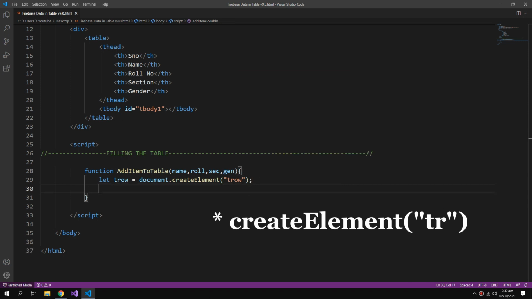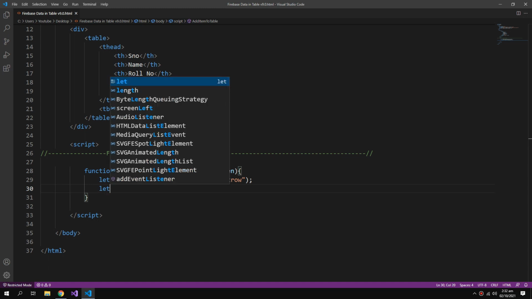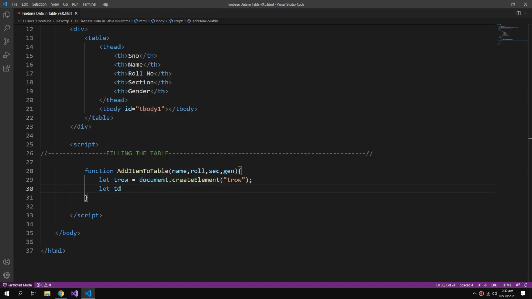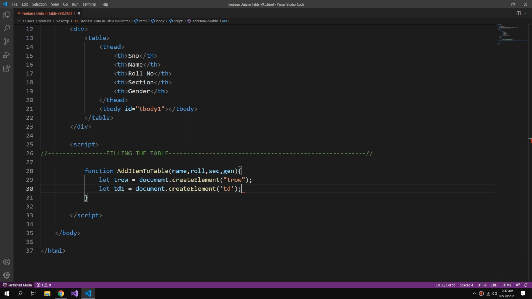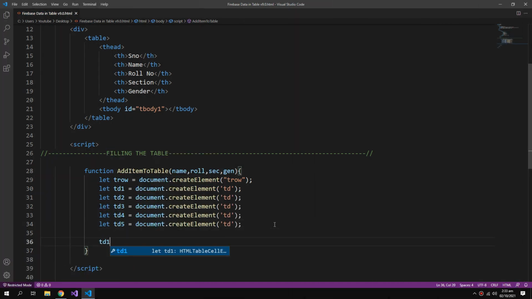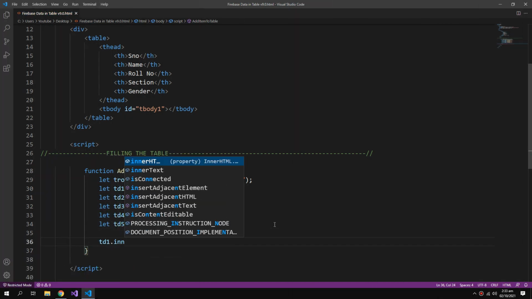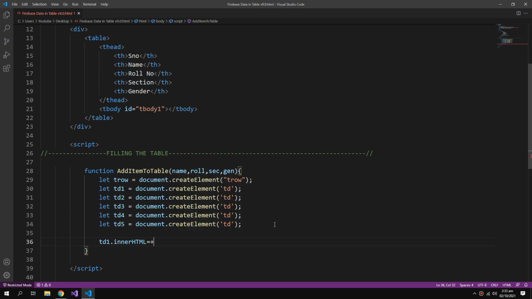Then we will add cells to this row. So let td, cells are called td, td1, and create a td. Then td1.innerHTML will have the serial number, and I have to create a variable for that.